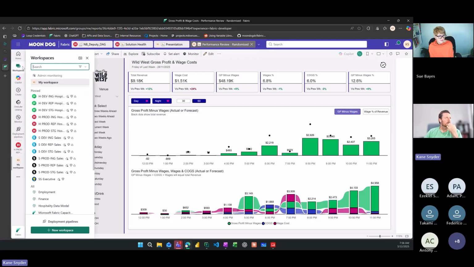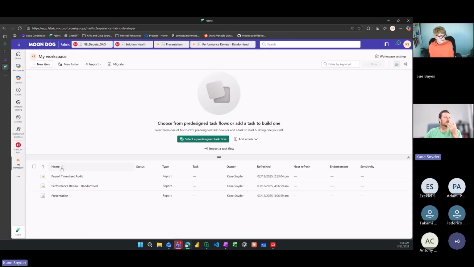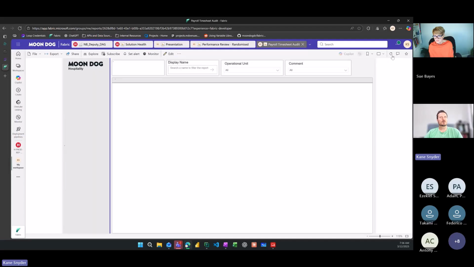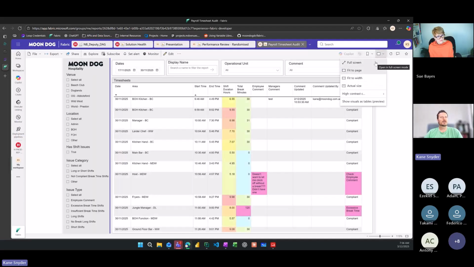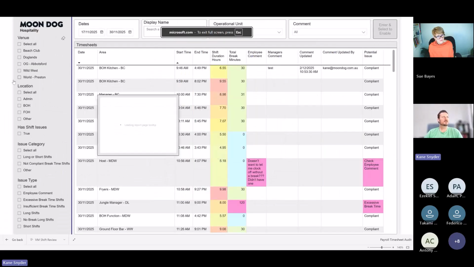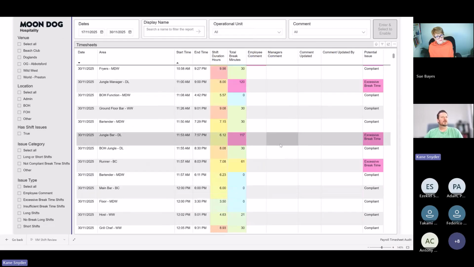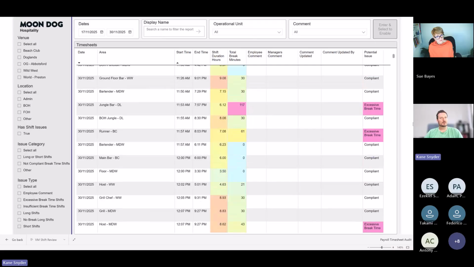What's the other one I've got here? So I'm just showing these because I'm hoping it will inspire people to delve into the timesheet reporting, because you can see there is quite good value for businesses. There are useful things that you can see. So this one's quite a no-frills operational report that I've randomized again and removed the names from, randomized all the start and end times. But it's a timesheet audit.